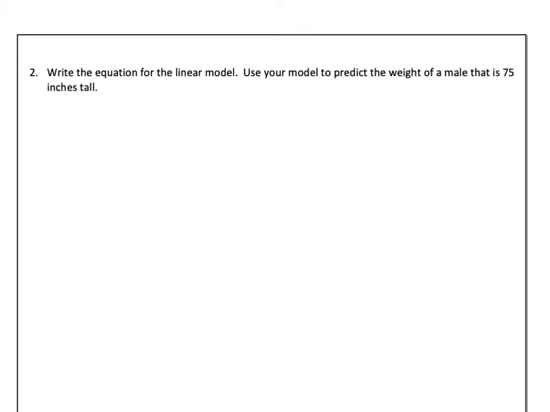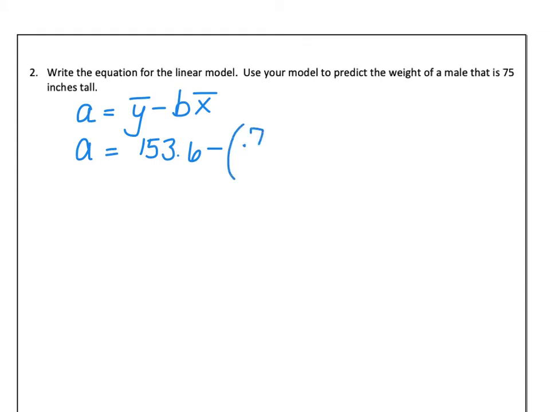Now we need to write the equation of the linear model, and we're going to use our model then to predict the weight of a male. So I need to find my y-intercept, which, from my formula sheet, I can derive: it's the mean of the y's minus b times the mean of the x's. So I'm going to substitute. The mean of my y values, the average weight of the males, would be 153.6 pounds, minus my slope, which was 0.768 times 21.05